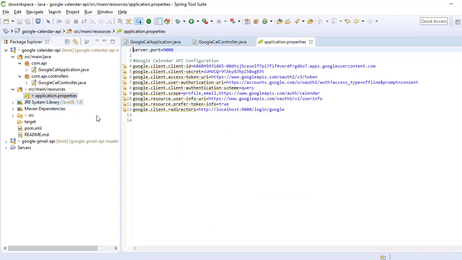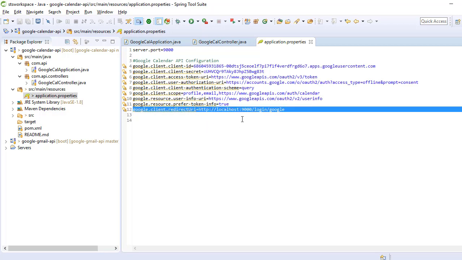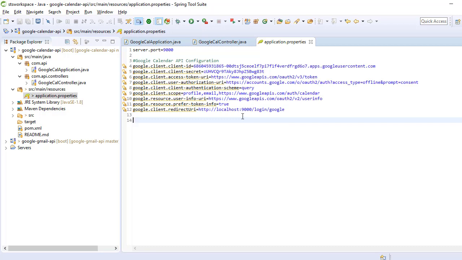So go to the application.properties file. Here I have the port number 9000, then I have the client ID and client secret. These values you can get from Google APIs whenever you register your application with Google APIs. Then you can give your callback URL, I mean the redirect URI. The same URI has to be configured with your Google APIs. If you are not passing it here, you can simply set this URL in Google APIs. Otherwise, you can bind this URL to the configuration properties.